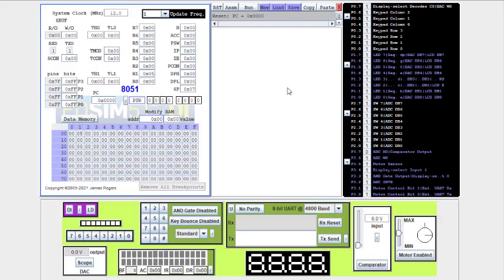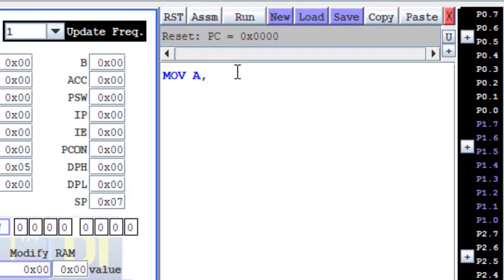Okay. Now in the next part of the practical, we will generate some sequence, maybe alternating the LEDs. So we will glow the LEDs in such a way that alternate LEDs will be turned on and off. For that purpose we store the data in register A, suppose 55H, because 5 is 0101, so 01010101. Then we move this data to port 1, and then we give a small delay using NOP.